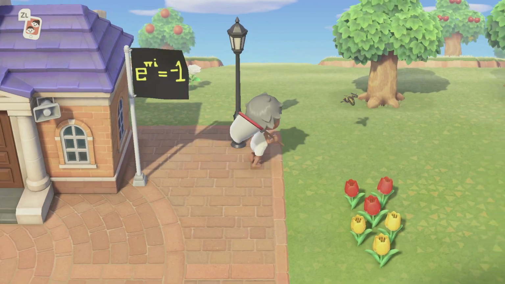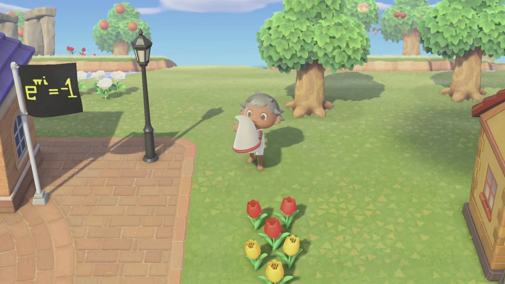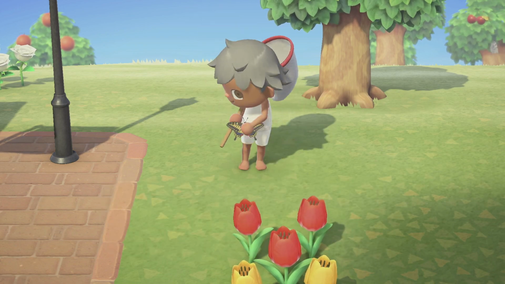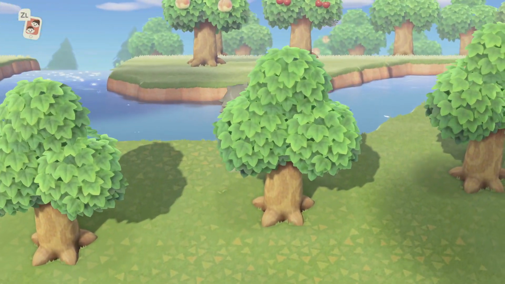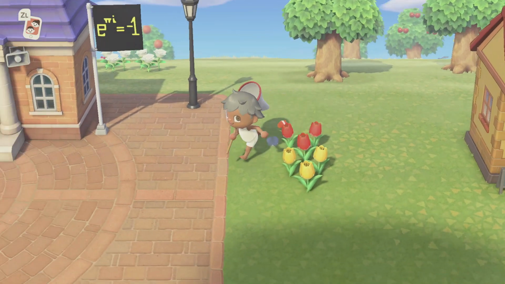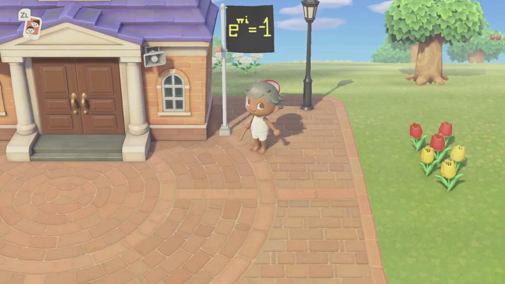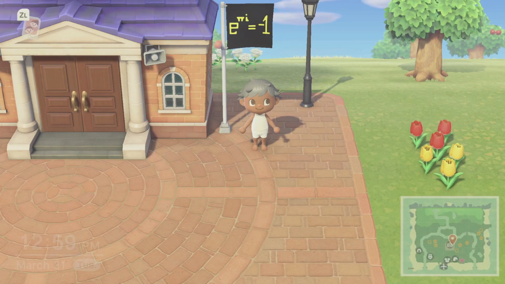Hold on, before we do that, I want to catch this butterfly. There we go. Oh, wait, there's another one. There's a friend on my island today that's paying premium for butterflies, and so I want to make sure I can get that. Anyhow,